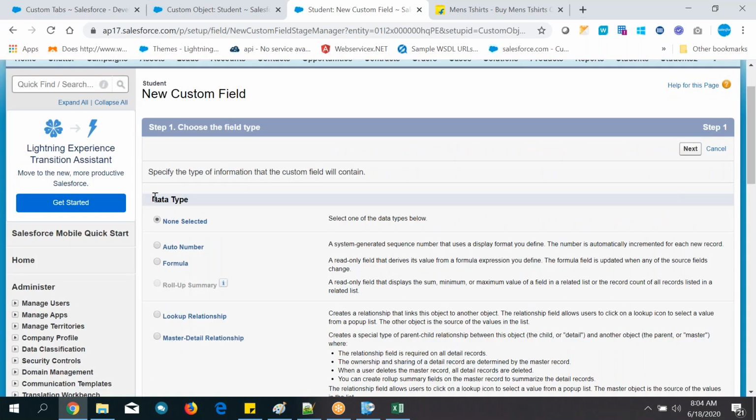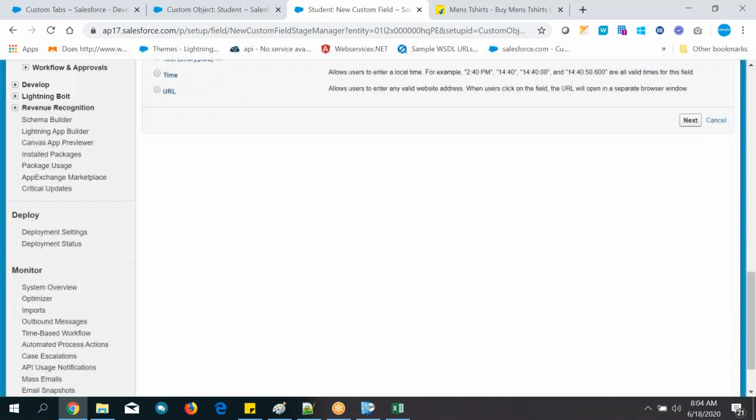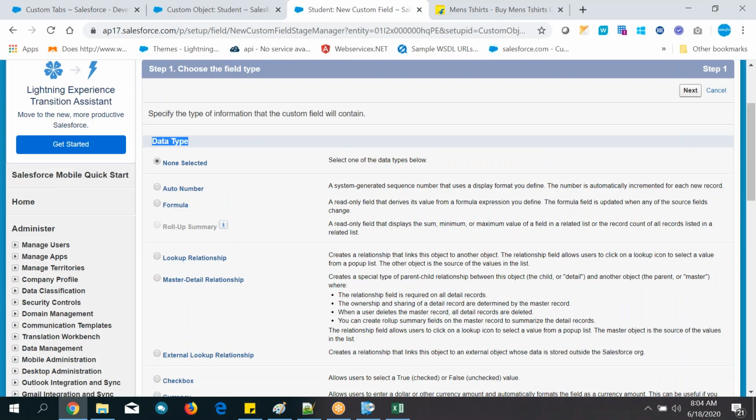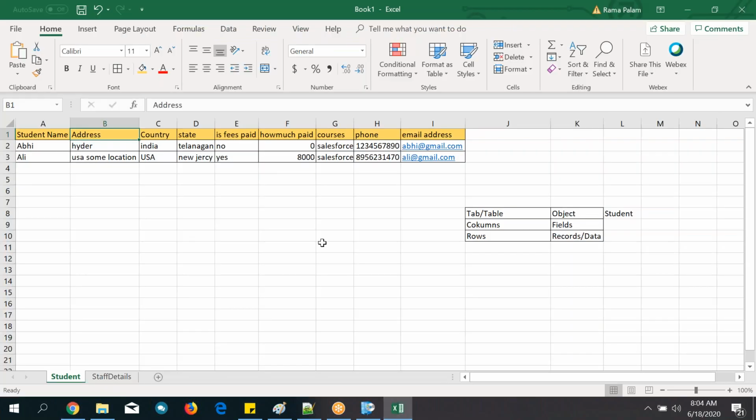Okay, and here you can see different data types. So what is called a data type? What is the data type? I will tell you later. I will tell you in the next class, tomorrow's class, what the data type is and all those things. Right now just memorize it, and tomorrow I will explain the purpose of the data type, the use case of the data type, and when we select what data type, all those things, in a clear picture. Today we don't have time, that is the reason.